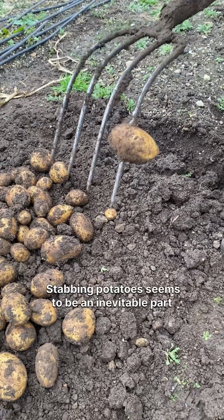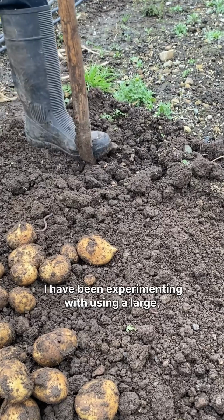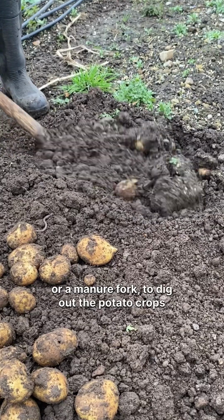Stabbing potatoes seems to be an inevitable part of digging them out of the ground. Even with years of experience, I still manage to damage some of the buried tubers, but I have developed a few techniques to try to reduce the amount of waste. I have been experimenting with using a large 4-tined hay fork, also called a pitchfork or a manure fork,